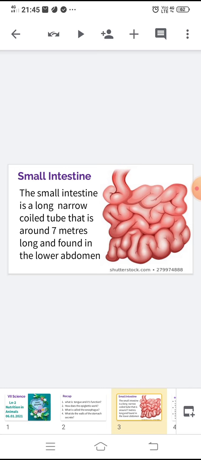Children, one important and interesting fact about the small intestine is that it is longer than you are tall. The small intestine is only 1 inch in diameter, but it is about 10 feet long. Then how long are your intestines? Your intestines are about 5 times longer than your height.